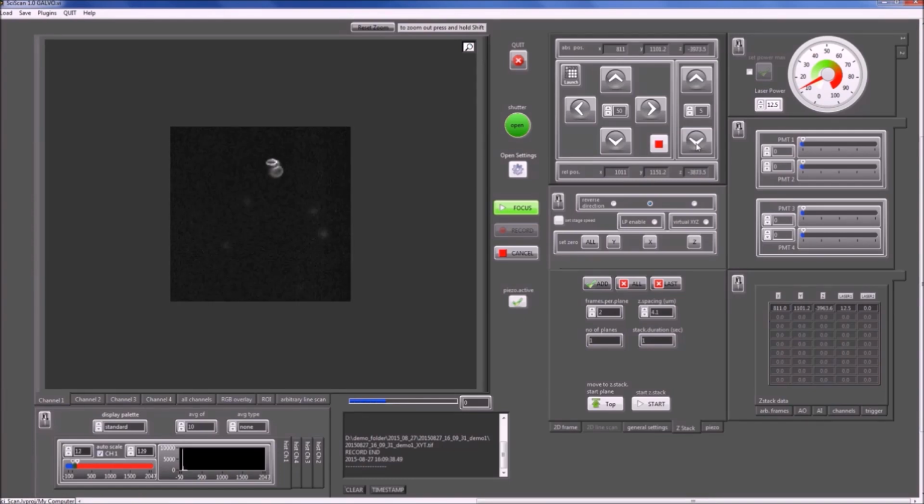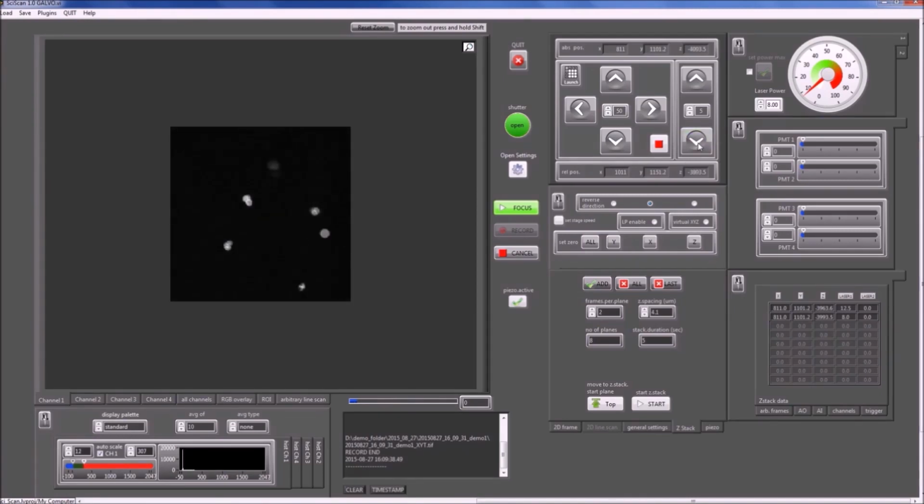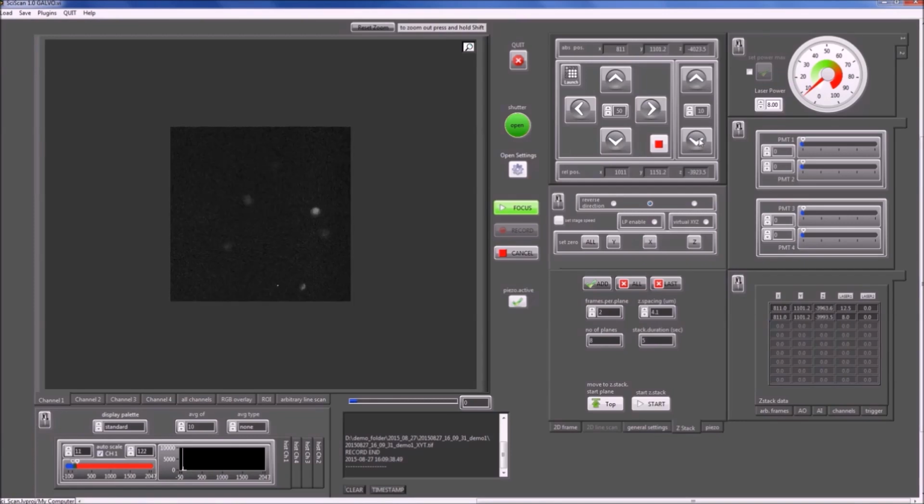And I can move the stage and move it to some intermediary plane. And then again adjust the laser power. It's a little bit much here, so I'm turning it down a little bit, and then I add another reference plane. And I just add 2 or 3 planes here. On the Z-stack tab you can also choose the Z spacing between the planes and how many frames per plane you want to record. But here for that example I'll leave them as they are, and I just move to